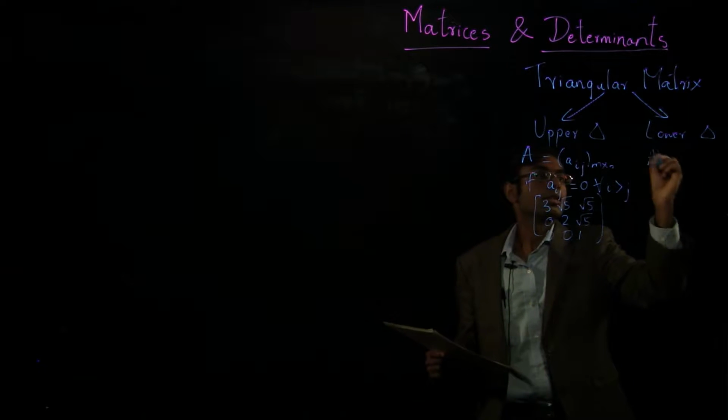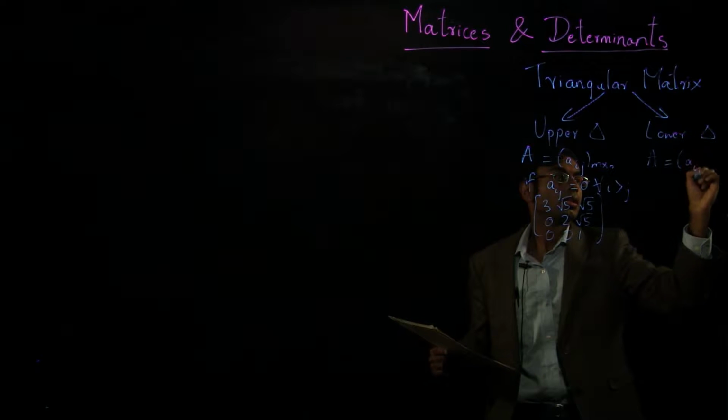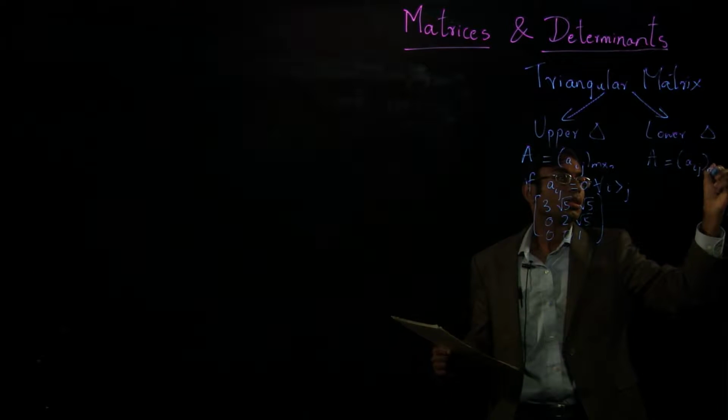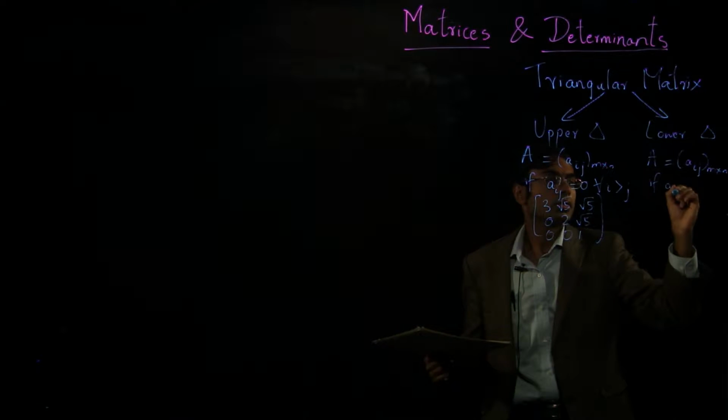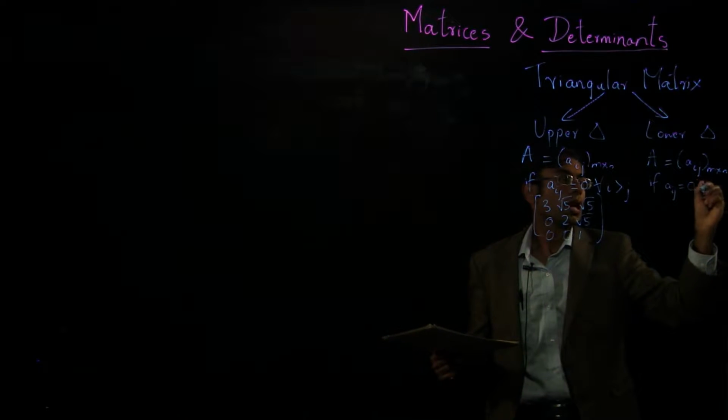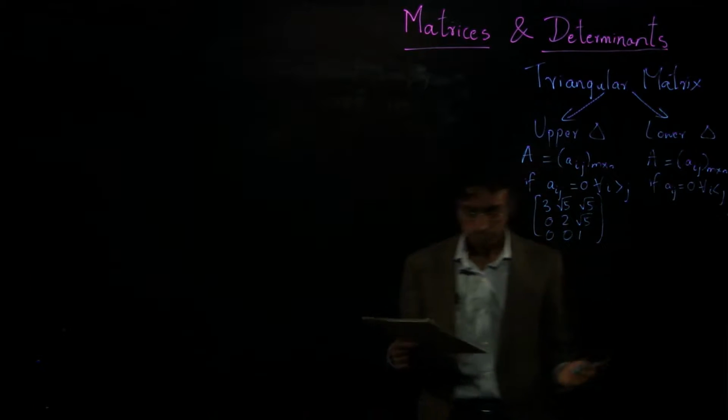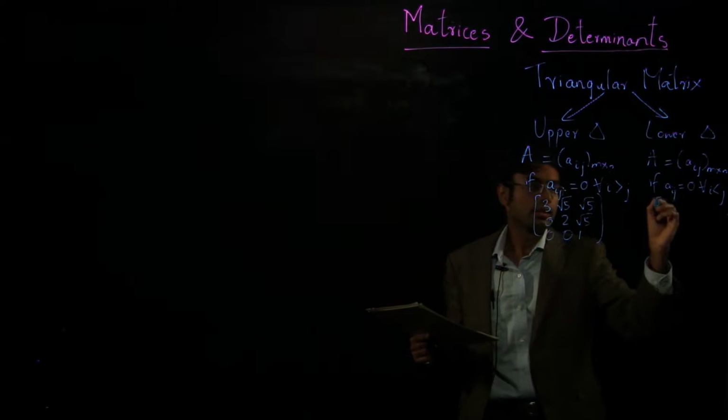Conversely, A equals Aij, M by N is lower triangular if Aij equals 0 for all i less than j. As an example,